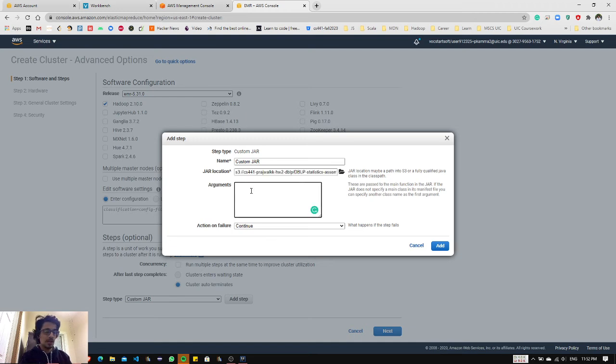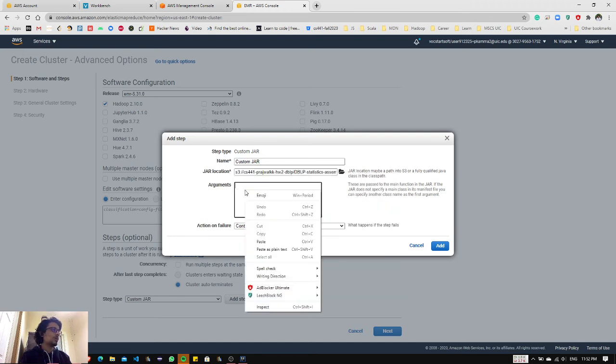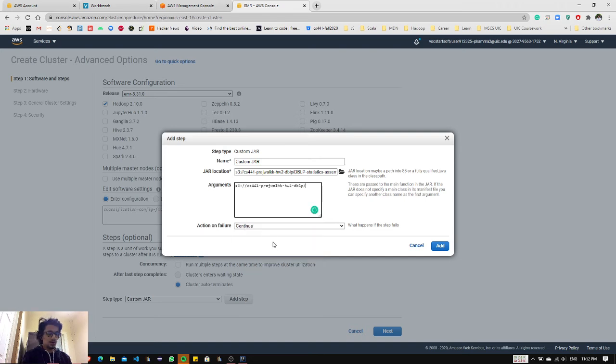So now here in the arguments, as I said, I have to give the input folder and the output folder, and then the jobs which I want to run. So input folder, remember to put the slash, output folder, remember to put the slash again, and then job 3. The way my code works is I can just put job 4, job 5, and then just run. So for now I'll just run job 3.